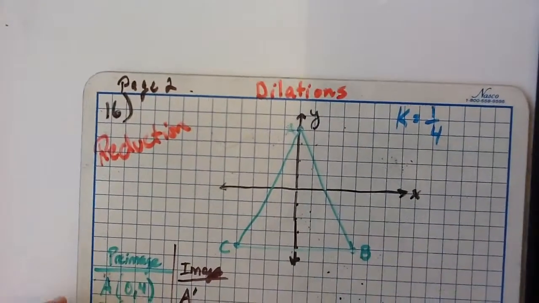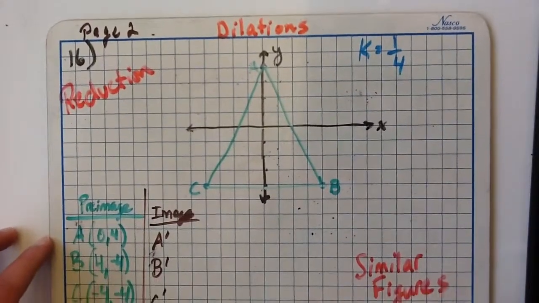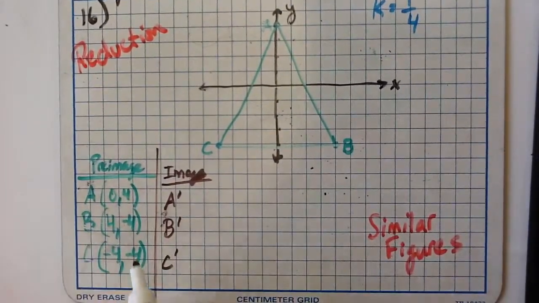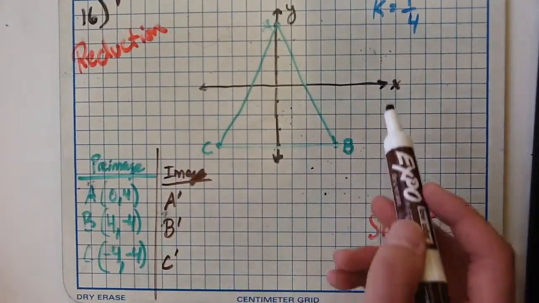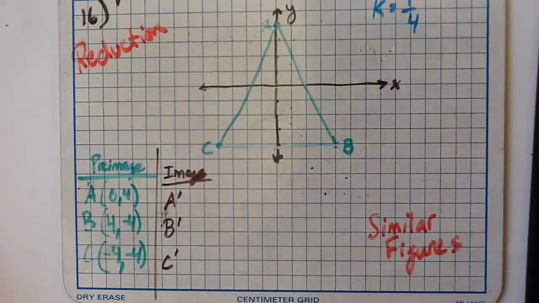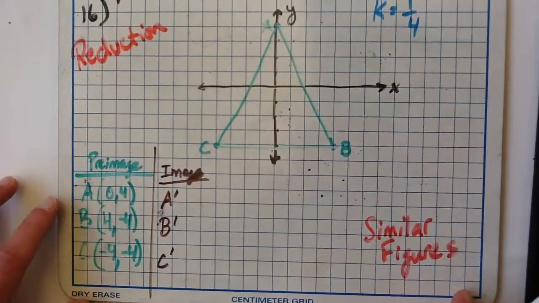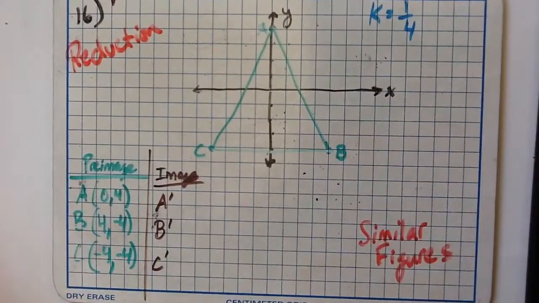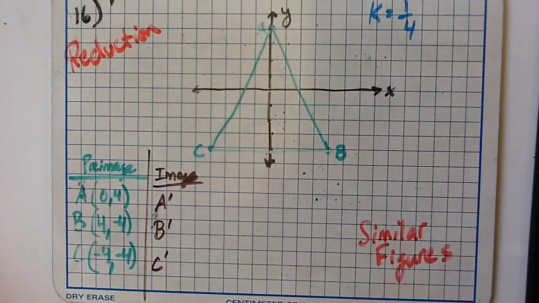The second example, this is from number 16 on page 2 of your packet. We'll see an example of a reduction. And so here we have triangle ABC, and here are the coordinates of the pre-image. We're going to dilate this given a scale factor of 1/4. Alright, so what this means is we multiply each of the coordinates by 1/4 to get the coordinates of the